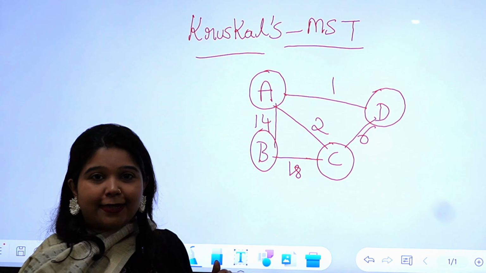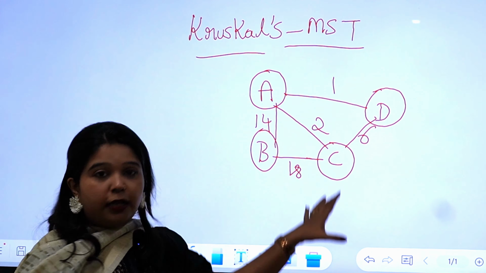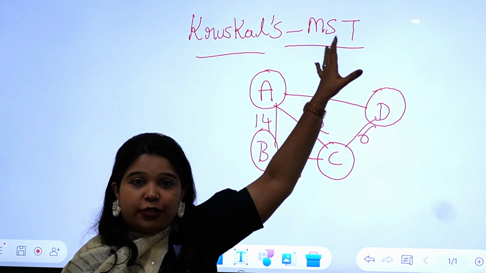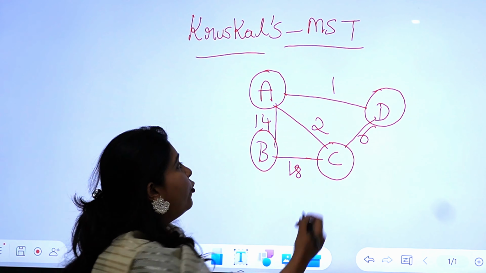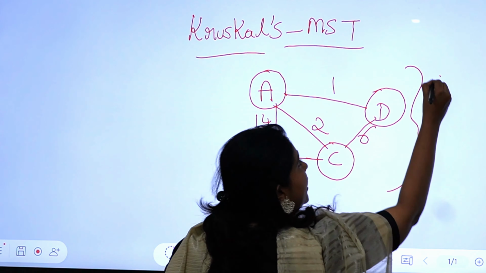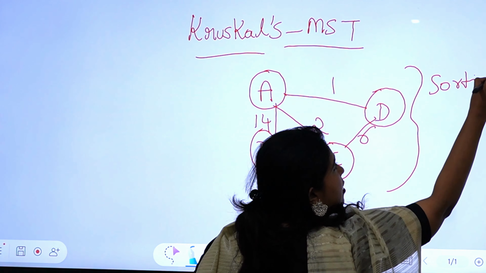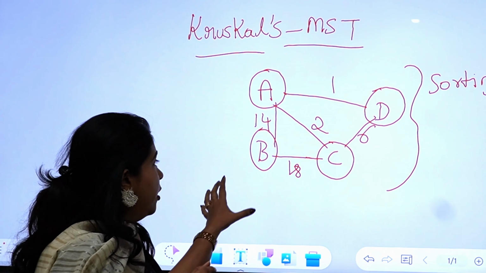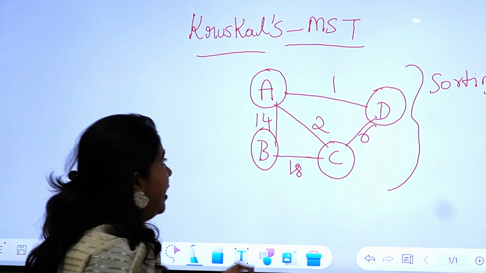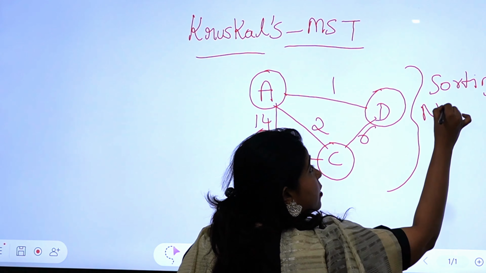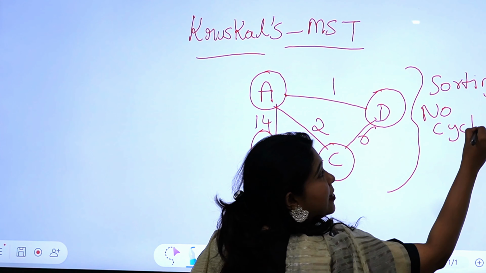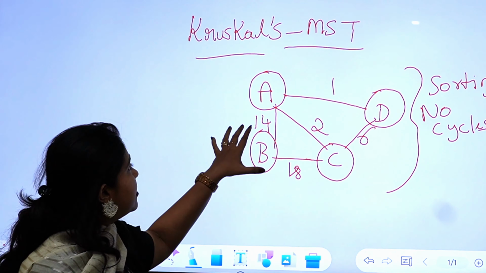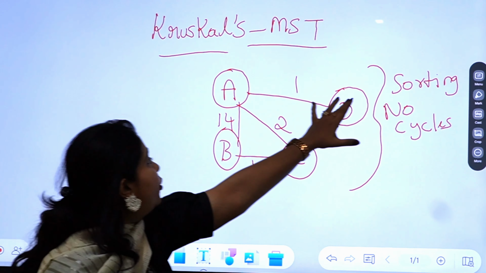If you consider this graph, which is an undirected graph and also has weights, then when it comes to MST using Kruskal's, we would first be sorting out the weights. We would check which is the minimum weight from one node to another node, and also make sure that there are no cycles formed. So in this case, we will first consider the edge from A to D,